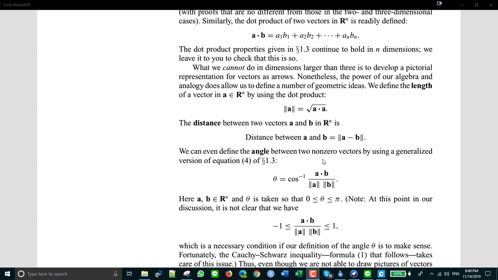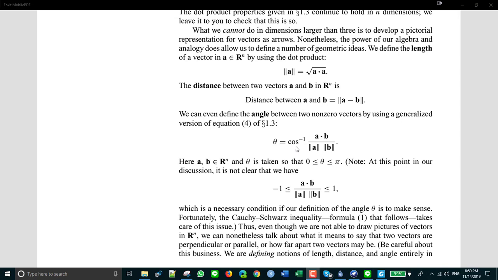And we can define the angle between two vectors, because this was the formula for the angle between two vectors in R2 or R3. So these operations are still defined for Rn. We're just going to say that if we have two vectors A and B in Rn, we can do this. We can take the inverse cosine of that, and we're going to call that the angle between these two vectors. Now, it's not quite the same thing as in three dimensions, of course, but we can still use this formula to have an angle. And just a note that